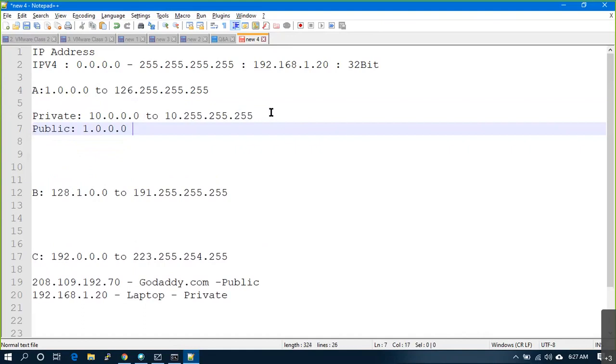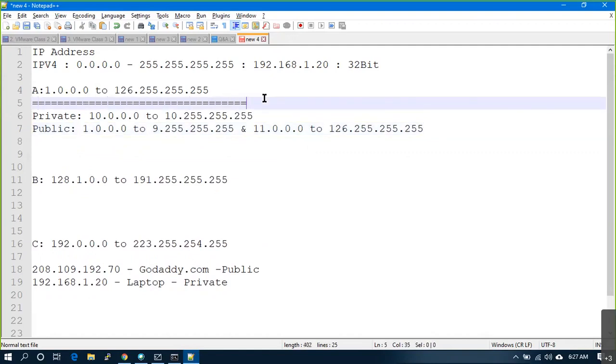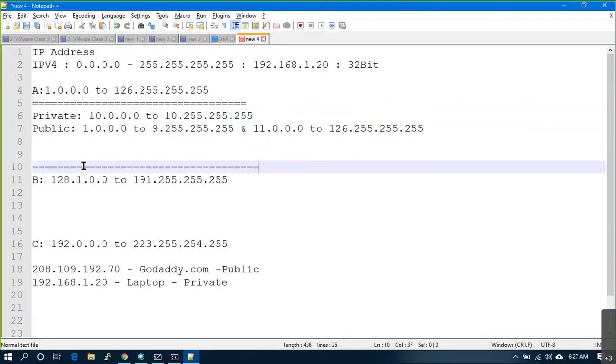1.0.0.0 to 9.255.255.255, and 11 dot onwards. So they further divided it into public and private like this. Clear? When it comes to class B,